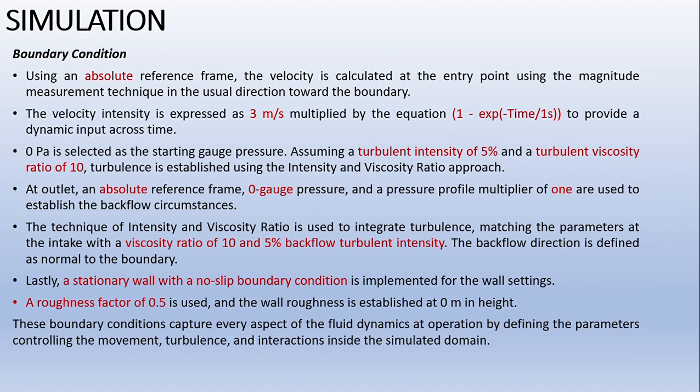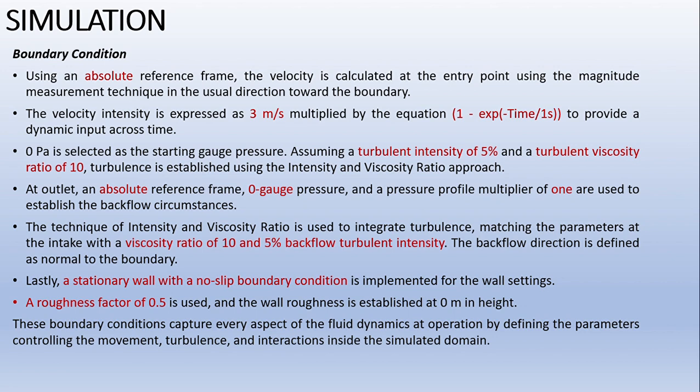Now, talking about the boundary conditions, which is one of the most important parts of the project, which governs the simulation and affects the result. So it is really important to precisely select the boundary conditions, and the selected boundary conditions for the project are as follows. An absolute reference frame is used. The velocity is calculated at the entry point using the magnitude measurement technique in the direction normal to the boundary. The velocity intensity is expressed as 3 meters per second multiplied by the equation as shown to provide a dynamic